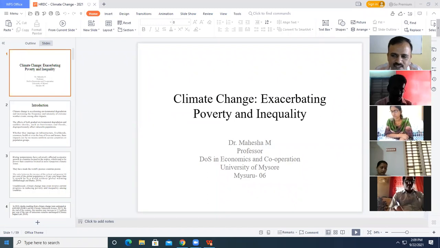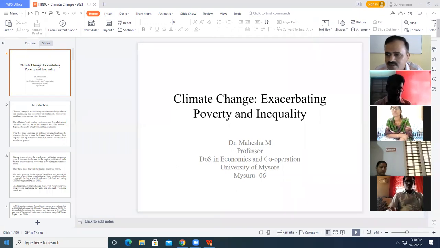The impact of climate change across the countries of the world, within the country, across the regions within the country, and also across peoples, is not proportionate, not identical or similar. So climate change has a disproportionate impact on economic growth and economic development at the world level, across countries, within the country, and also across peoples. Hence the focus of this first session is how climate change exacerbates